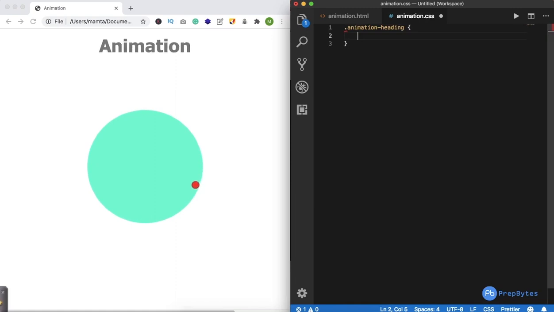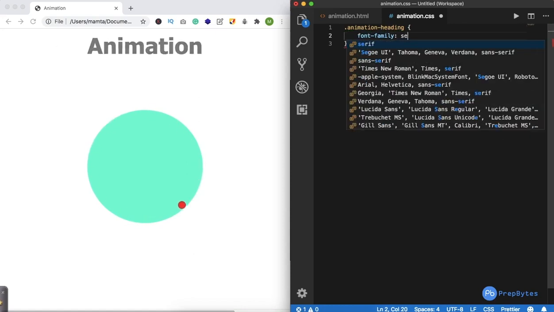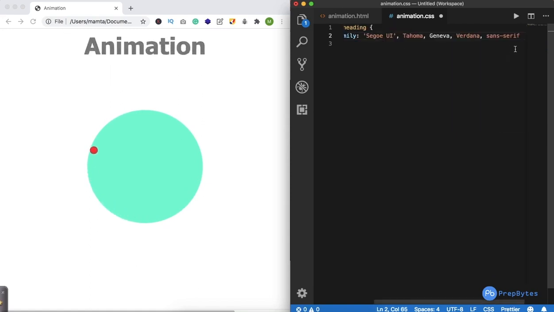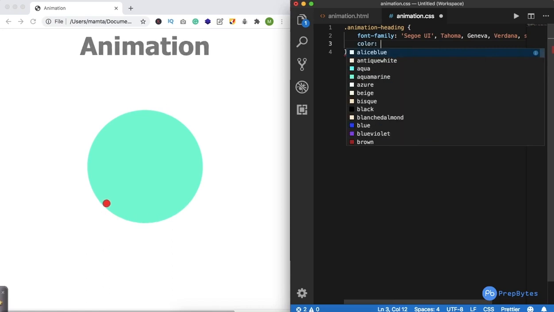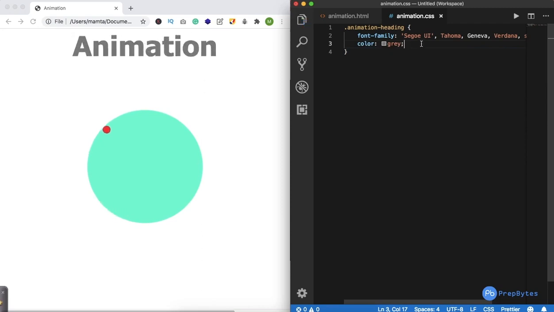For animation heading, we need to put the color and the font. The font family that we have is Segoe UI. Next we have the color, so my font color is gray. Apart from that, we have text align center.